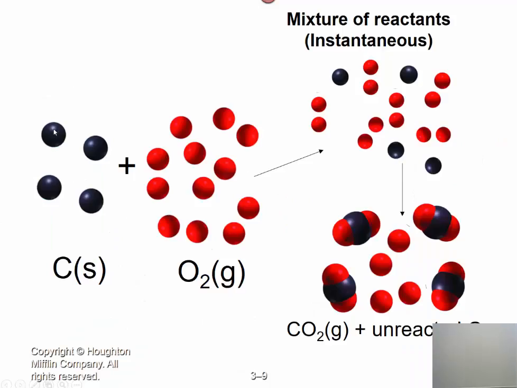So if we look here, for example, we have carbon plus oxygen gas that, when heated up, makes carbon dioxide gas. Let's see here. I have 4 carbon atoms. I have 1, 2, 3, 4, 5, 6 O2 gas molecules, a total of 12 oxygen atoms. When they rearrange themselves upon heating, these right here will rearrange and make